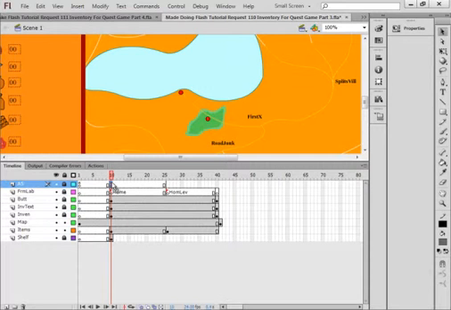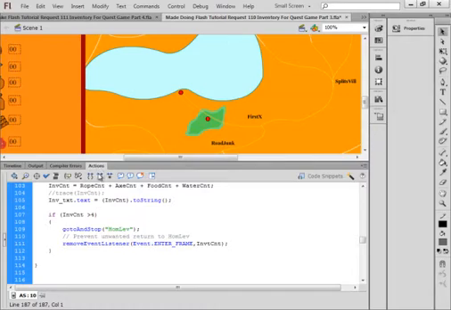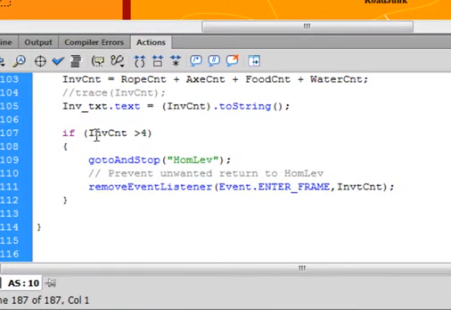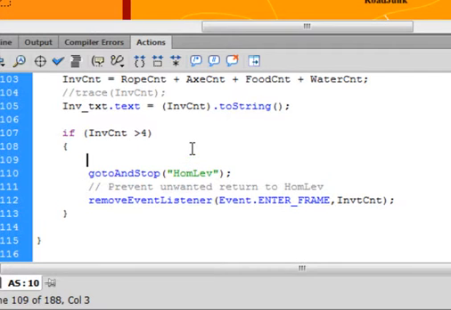Open this actions layer, frame 10. And down here, around line 110-ish, 109 on my lines, we have this if inventory count is greater than 4. And right here, put an enter and type these